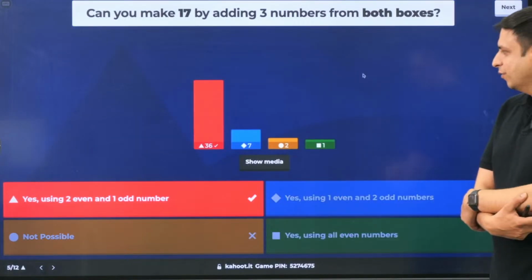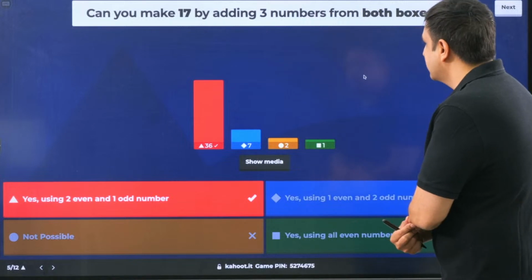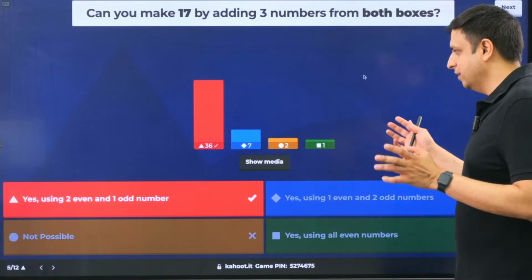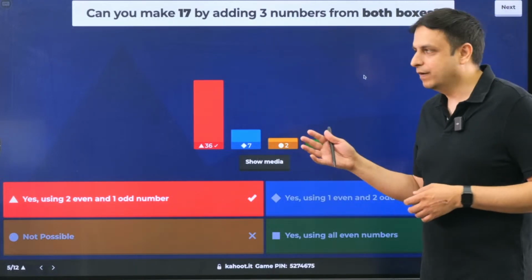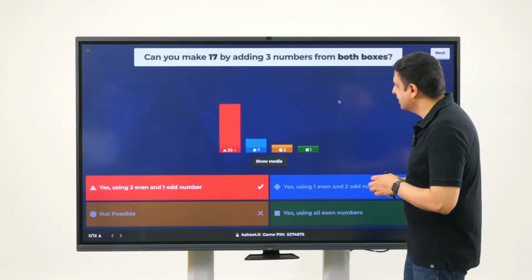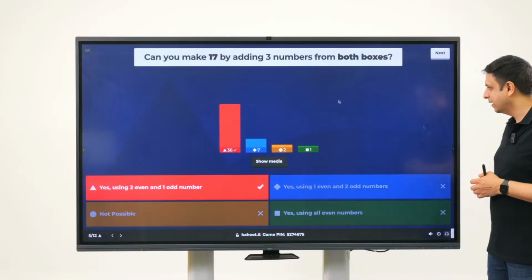Okay, the correct answer was use 2 even numbers and 1 odd number, because the sum of 2 even and 1 odd will be odd, and 17 is odd. So, that was the only possibility here.